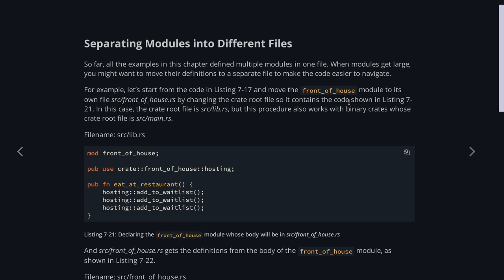Separating modules into different files. So far, all the examples in this chapter defined multiple modules in one file. When modules get large, you might want to move their definitions to a separate file to make the code easier to navigate. For example, we can take the code from listing 7-17 and move the front_of_house module to